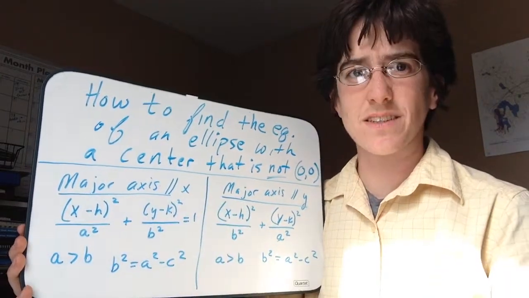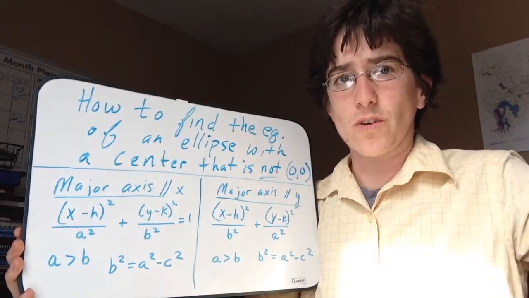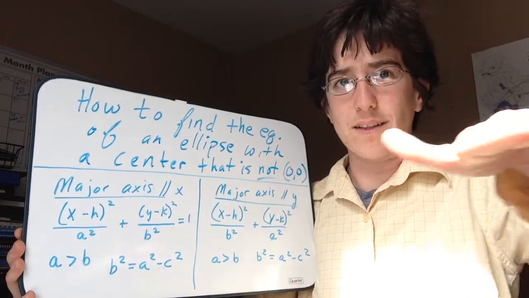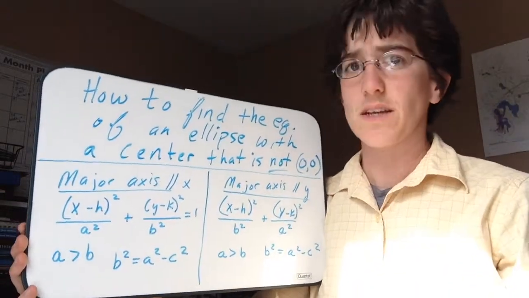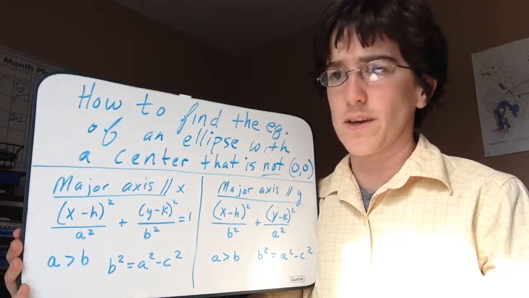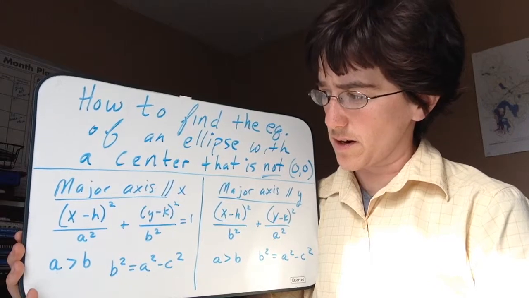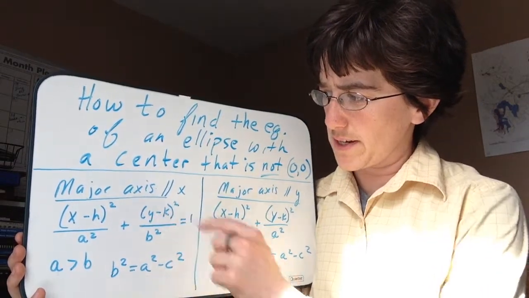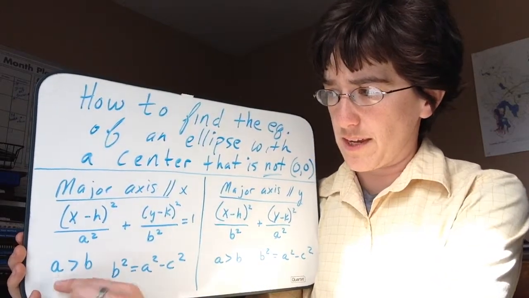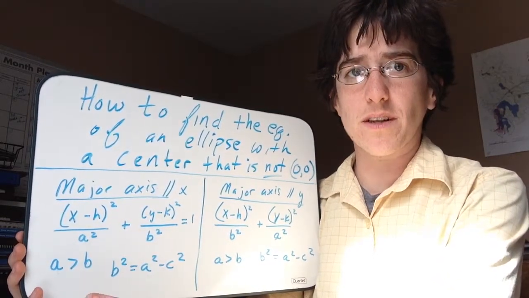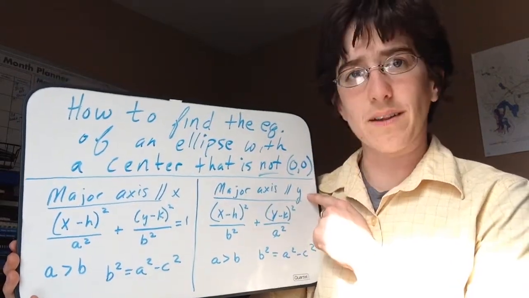to the x-axis, meaning that my foci and my vertices are all parallel to my x-axis, coming across either below or above the x-axis, then the base equation I'm going to start with is (x minus h) squared over a squared plus (y minus k) squared over b squared equals 1. Always remember that a is going to be larger than b. That helps us identify if our major axis is going to be parallel to the x or parallel to the